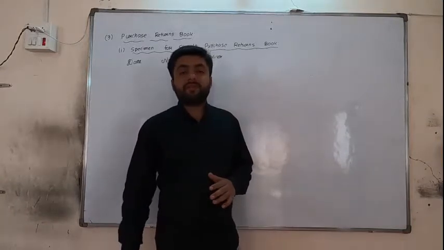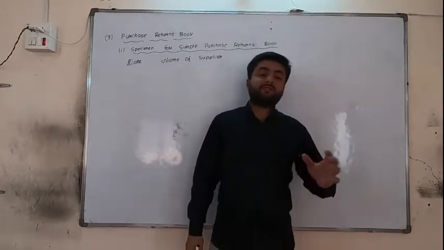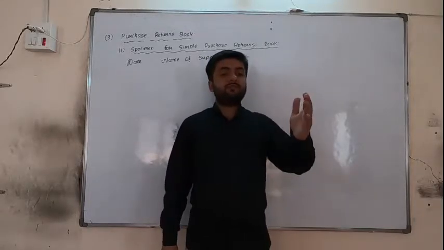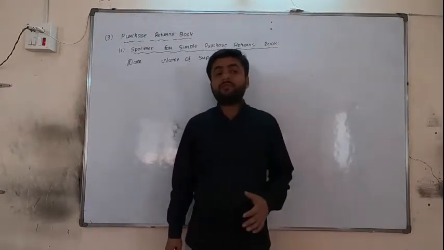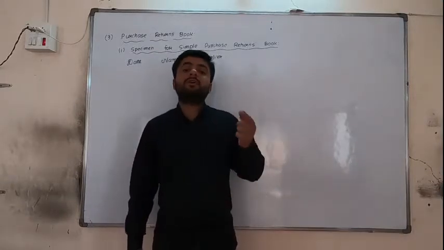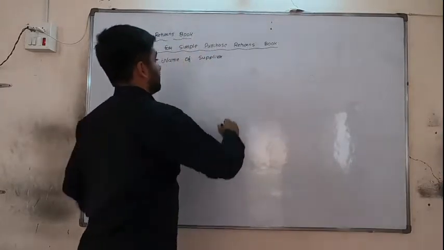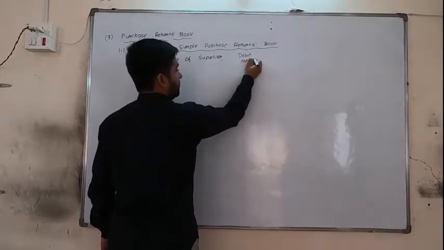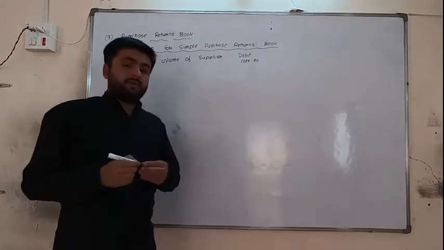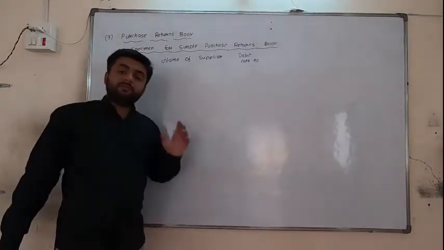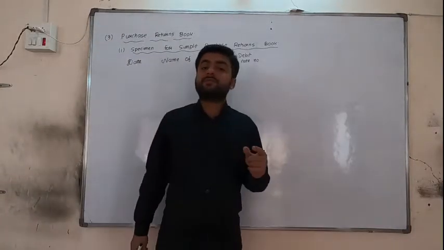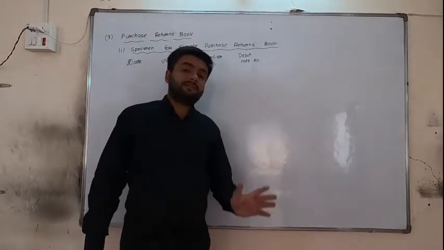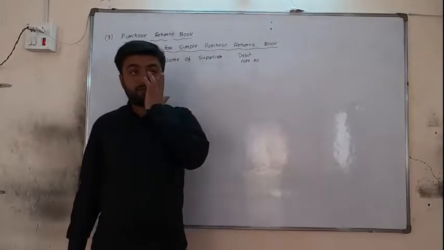Now if we are looking to the specimen of purchase book, name of supplier, after that we are having inward invoice number, which is a type of bill number and which shows that goods are coming in. And in sales book it is outward invoice number which shows that goods are going out. Now here again goods are coming in, but goods are coming in through purchase return. So again we are having a new bill, that is debit note number. What is this debit note number? It is also a type of bill number which shows that goods are going out through purchase returns.